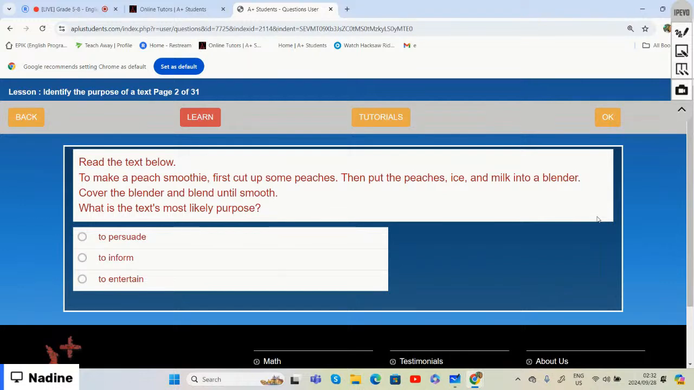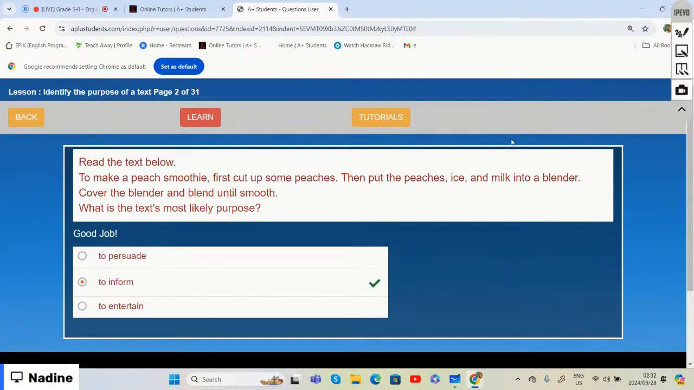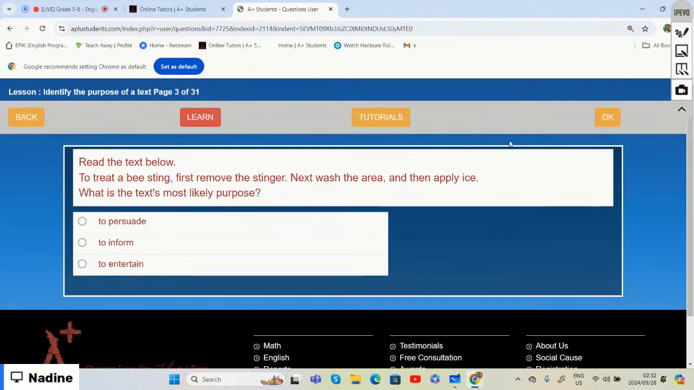To see what the purpose is, we can say that if they're telling you what you need to do in order to make a nice smoothie, they are informing us. So well done. Option two is correct. It is to inform us. Then the next one says